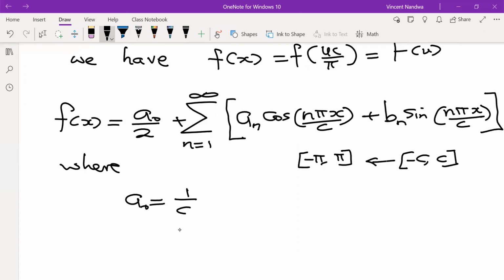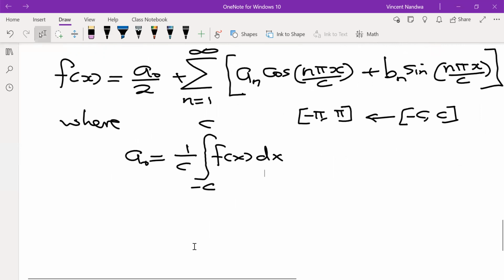So 1 over c integral from minus c to c of f of x multiplied by dx, and then a